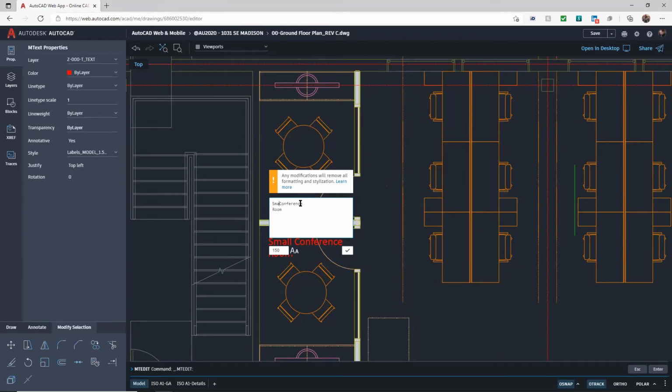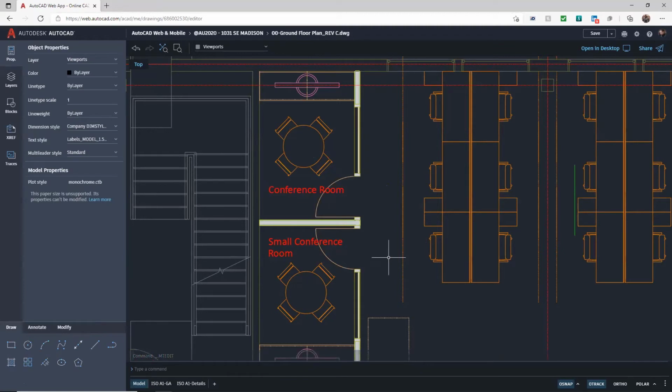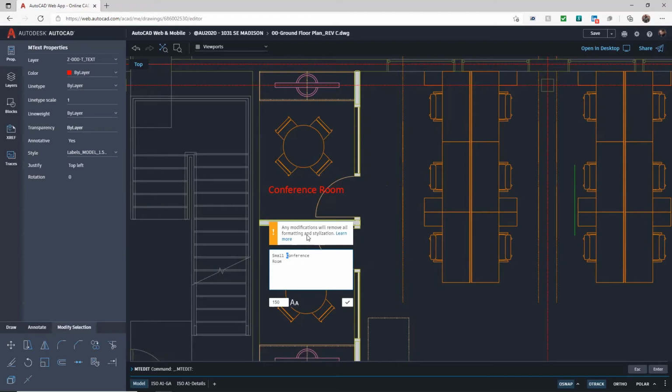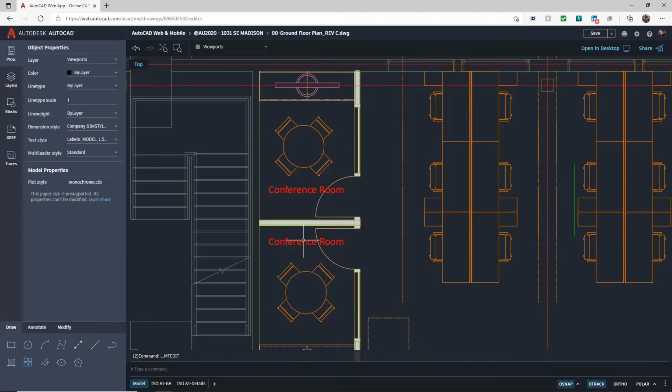So what we'll do, we'll zap that bit there and we'll take the room bit back up to there like that. There's the text height there, and I just click on the tick and that updates accordingly. So I'll do this one below as well. Just jump in there and edit that one as well. And bring the room bit up to the previous line and 150 high again, click on the tick, and they've updated accordingly. Now, the benefit you've got is